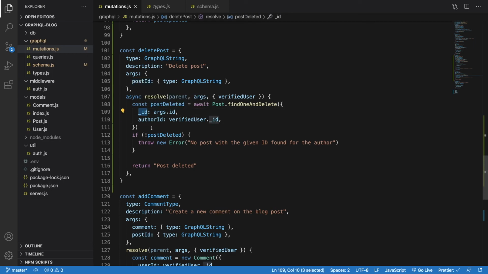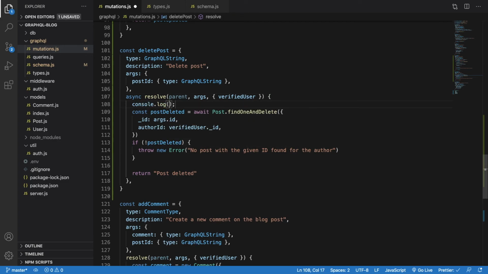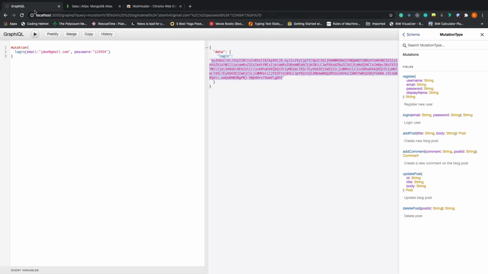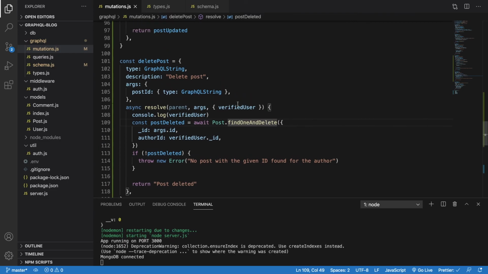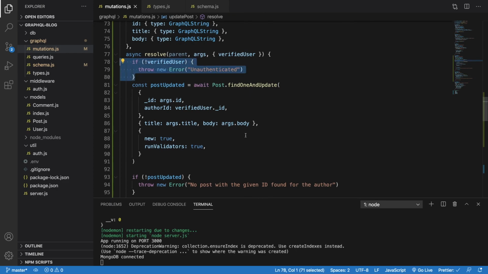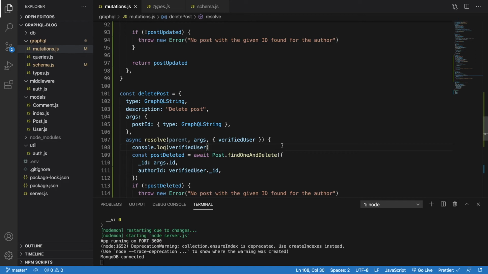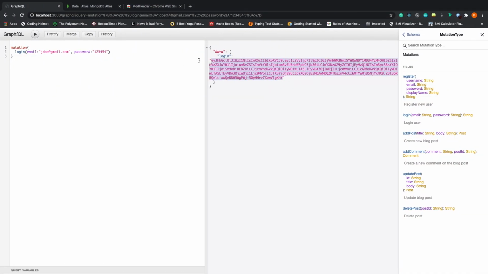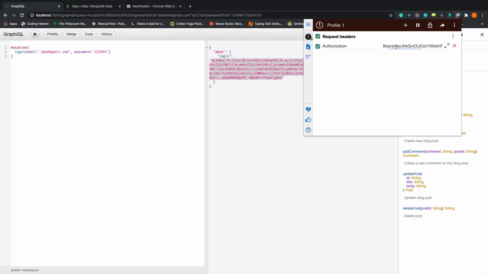These are fine, but let's log the verified user here. Okay, actually we should also have this check. I forgot to have this. So if the token has expired or something, it's going to throw unauthenticated. I know we are giving 30 days. It shouldn't have been expired, but